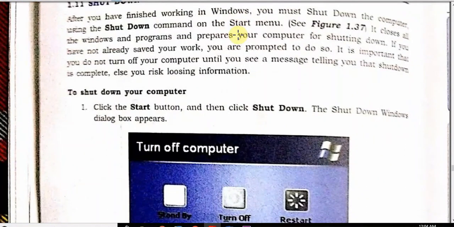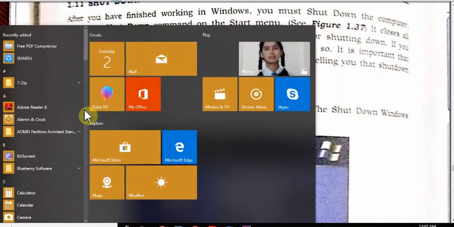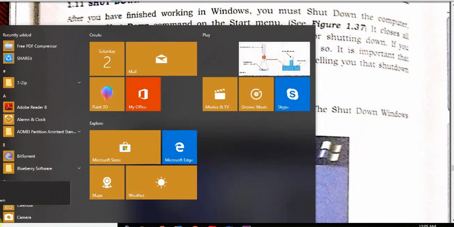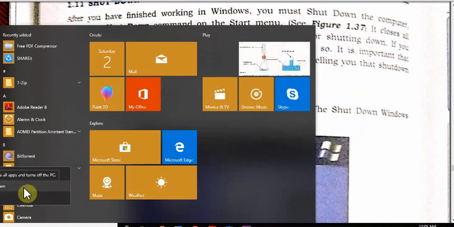If you press the start button, that is the four square button, it will give you the options. I can see this corner, there is power, and you can see here: this is shutdown, this is sleep, hibernate, this is restart. Shutdown means close all applications and turn off the PC.